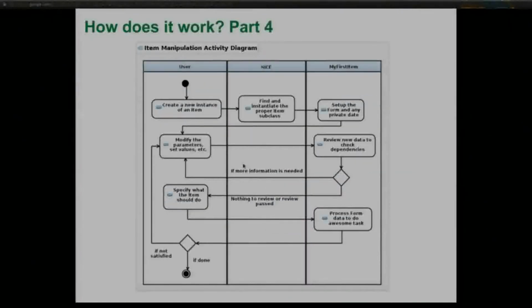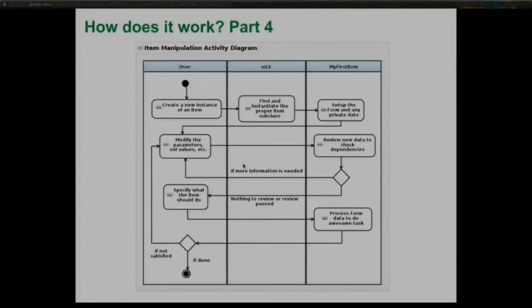This is the activity diagram. It's a flow chart. Basically, this is how it works. I will go through this, but I'm going to have to read it, so forgive me, I'm just going to be staring at this monitor, and you guys can check those ones out. So we start in the user column, and what they do is they say, I want to perform a particular task. And there's a little button they click, and they do that.